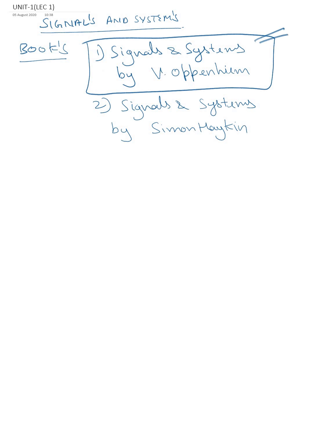Now coming to the syllabus of this course, there are a total of 5 units. Unit 1 is Introduction to Signals and Systems, in which we'll discuss different types of signals, their properties, various operations that can be performed over a signal, and after that we'll discuss the different types of systems.